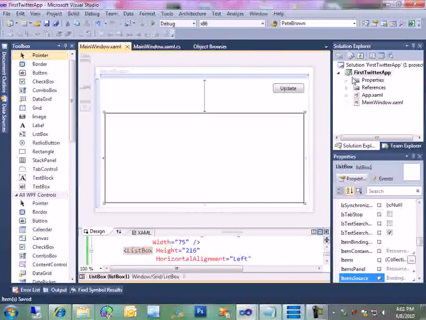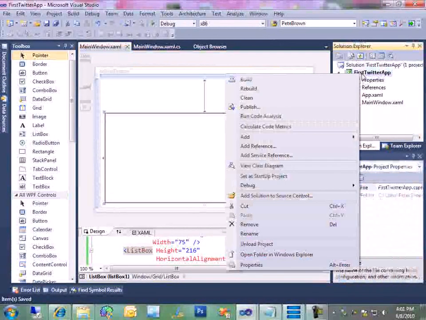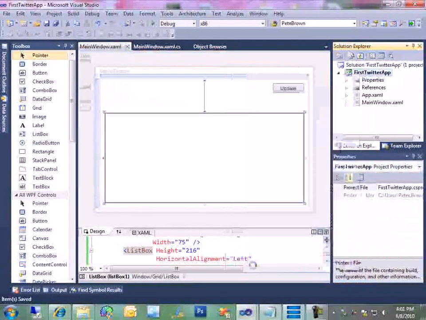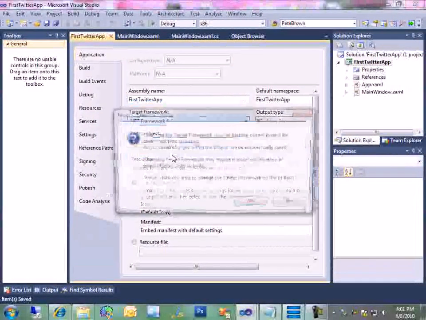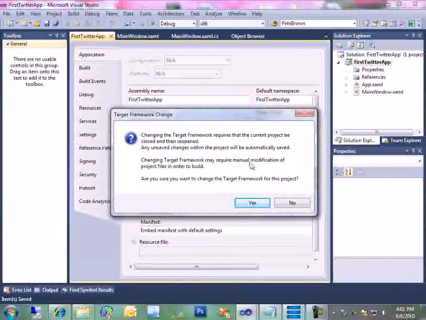You had to go in and mess around with removing references and playing around a bit. Here, it's actually pretty easy. So I just right-click, choose Properties, and instead of targeting the client profile, I'm going to say it's going to target .NET 4. It's going to tell me that I need to go in and basically rebuild the project, and it's going to